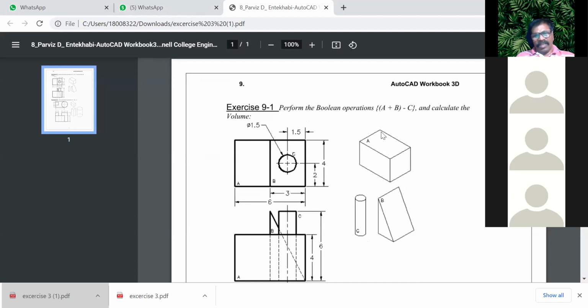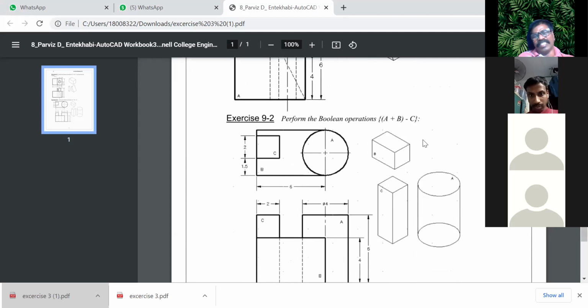So now you see here you need to draw this rectangle, draw this cylinder, and draw this wedge. And what you need to do is A plus B minus C. So you need to plus A and B, then after you do that, you need to minus C. You understand? A plus B minus C. Then I want to see the result.